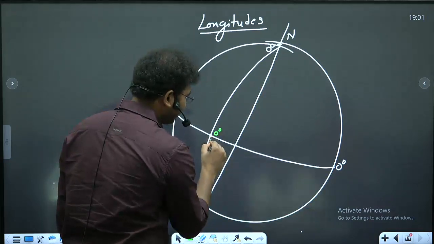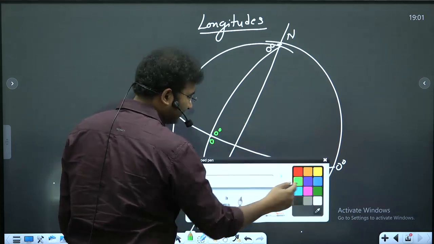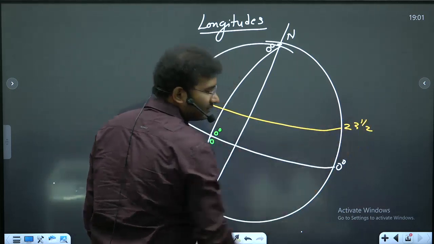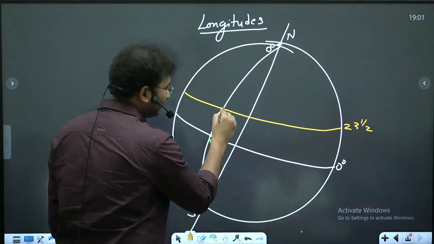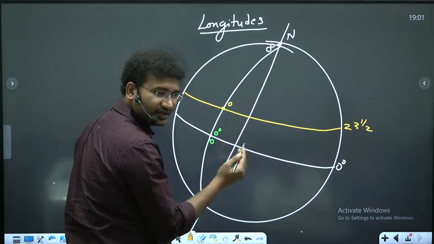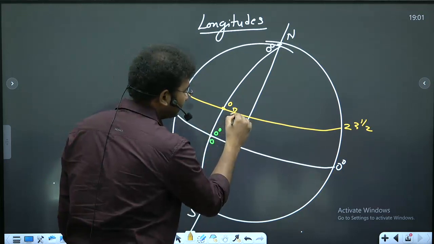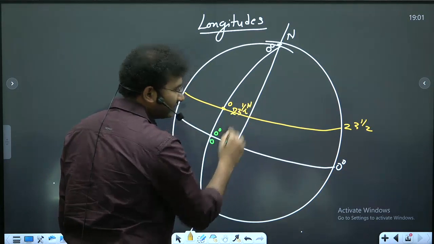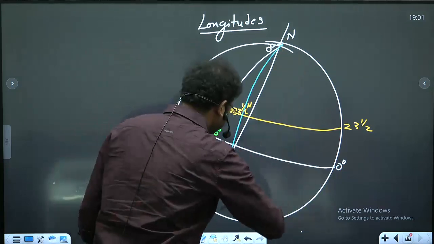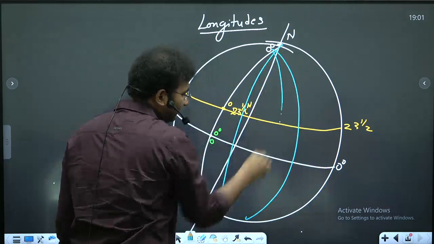0 degrees and 0 degrees. But if I take this as 23.5 degrees north, and what is this? 0 degrees. Okay? 0 degrees is the prime meridian, and this is 23.5 degrees north. But if I take this